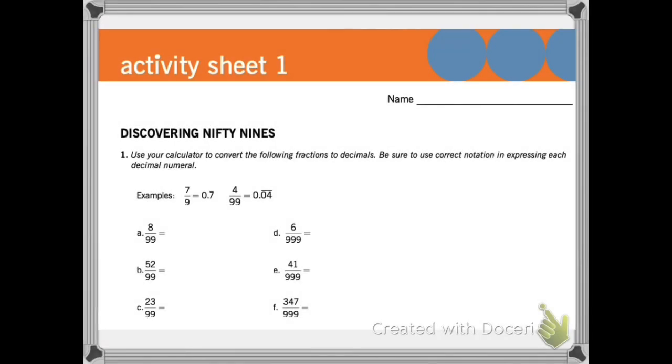Okay, so now let's try some of those nifty nines. If you take a calculator and you divide 8 by 99, let's see what you get. So try using a calculator, pause this video, and divide each of these fractions to see what you get. Now that you've divided on a calculator, you should get that this problem equals